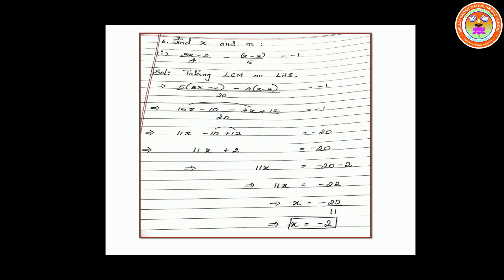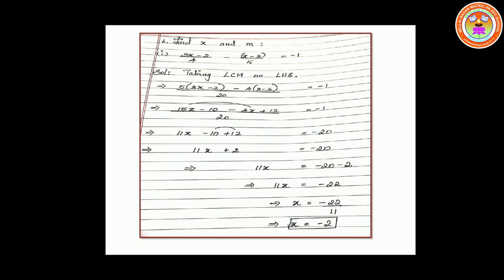Now I have two terms with x. So I am going to club them together, and the constant terms I am going to take as they are. So when I club 15x minus 4x, one is positive, one is negative, that means I have to subtract. So subtracting 15x minus 4x, that becomes 11x, minus 10 plus 12 as I have taken. And what happens to the denominator? By 20, I am going to transpose to the other side. Yes, so that becomes a numerator. So it is minus 20 into 1, that becomes minus 20.